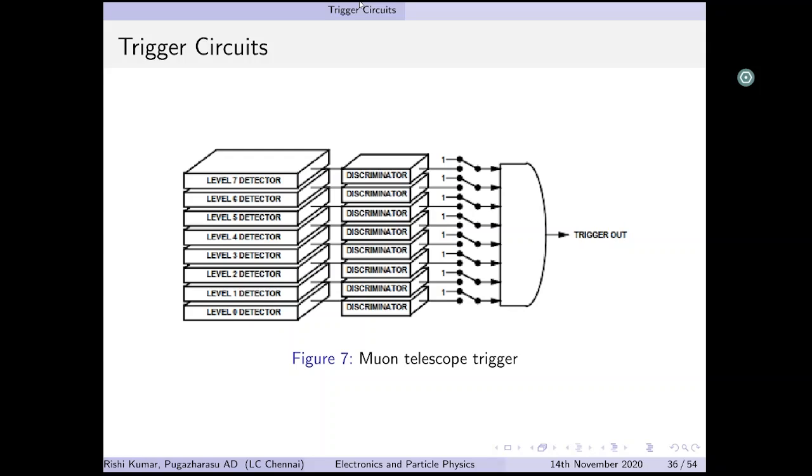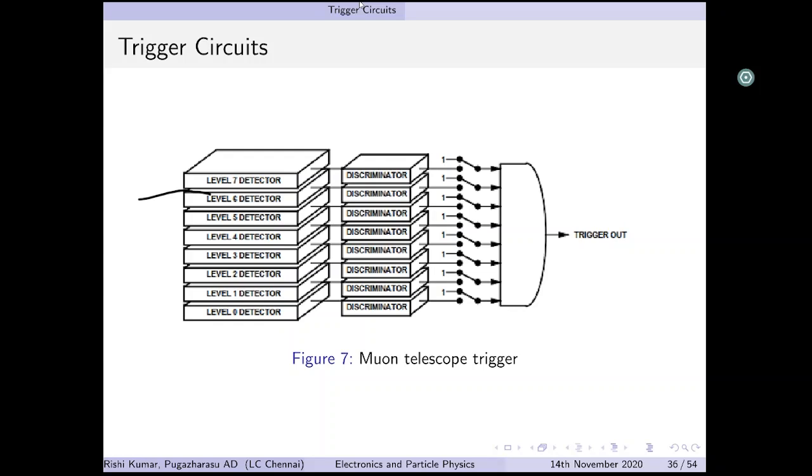Usually these detectors are SiPMs or scintillators, or they can be anything. They can be the CMS things as well. So basically, in our case, we're looking at a muon, and a muon essentially crosses the telescope, hits a bunch of these levels that can be tracked, and the muon trajectory can then be determined. So if my muon is going to hit this detector with a certain intensity